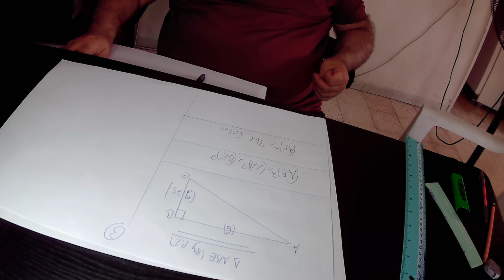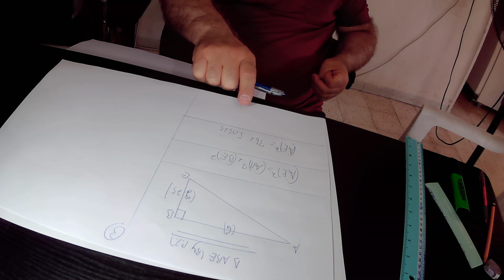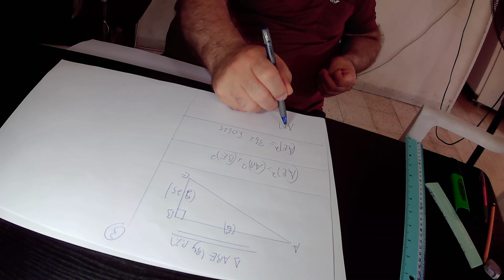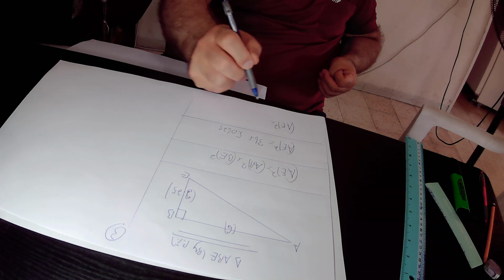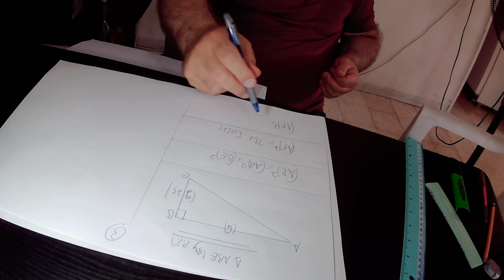Okay, so I found that AE squared equals 36 plus 5.0625. So AE squared equals 36 plus 5.0625 equals